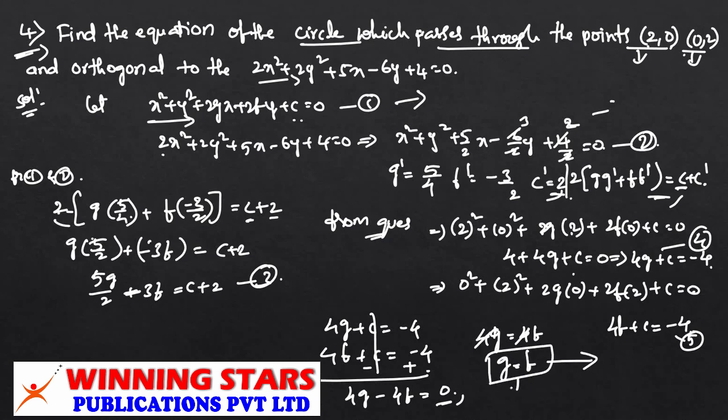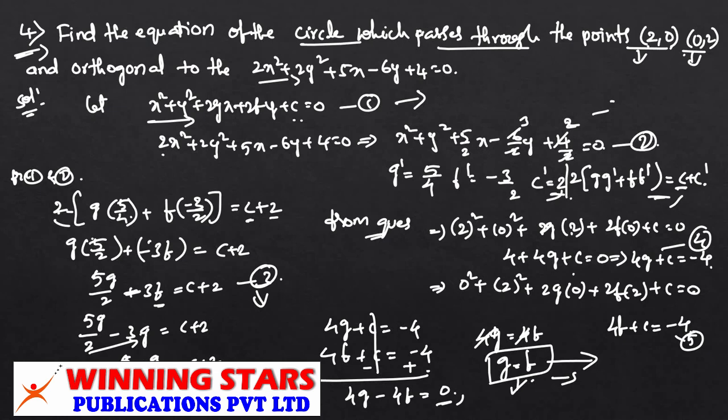So here g is equal to f we got, I will substitute this g in the third equation, so it will become 5g by 2 minus 3 into g. In the f place I will replace with g, is equal to c plus 2 here. So 2 3 6, 5g minus 6g is equal to minus g will come by 2 is equal to c plus 2 will come here.